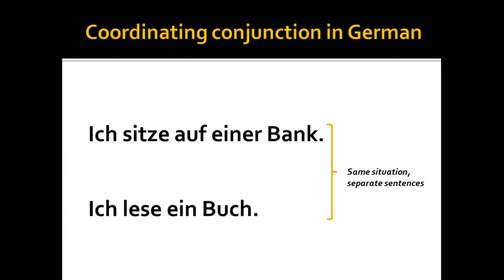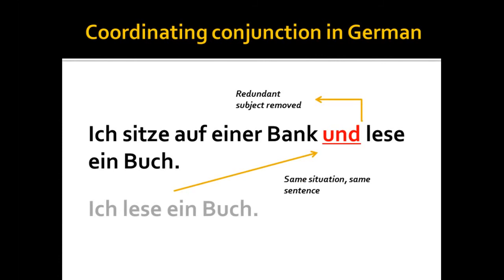It would be much nicer, it would flow much better if we were to take these sentences which describe the same situation and put them together in the same sentence. And we can do that, as we did in English, by means of a coordinating conjunction. Ich sitze auf einer Bank und lese ein Buch. As in the English, I removed the redundant subject